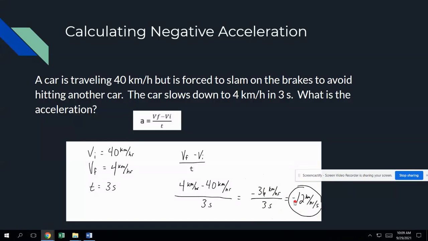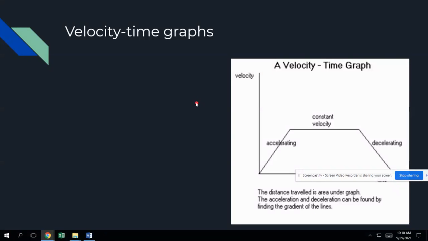So I decrease my speed. What this means is I decrease my speed by 12 kilometers per hour every second. All right, so negative 12. Now, you can always double check this. Reread a problem, because if it says the car slows down, right away that should tip you that it's negative acceleration. Because when something speeds up, it's getting faster, it's positive acceleration, but when something slows down, it's negative acceleration.